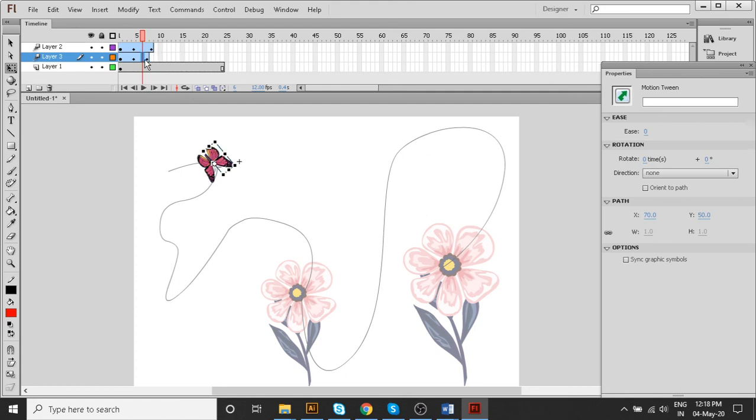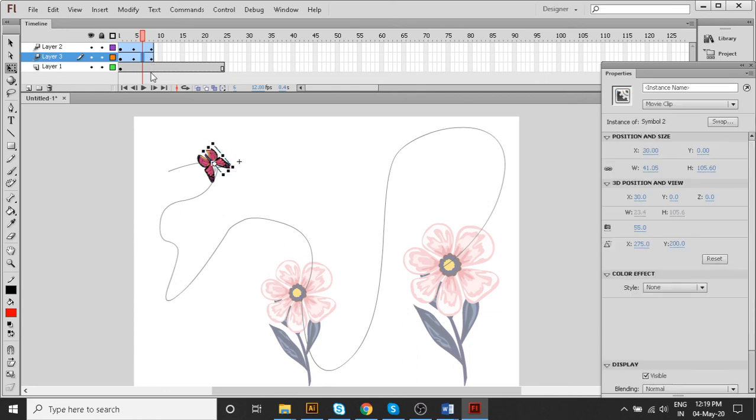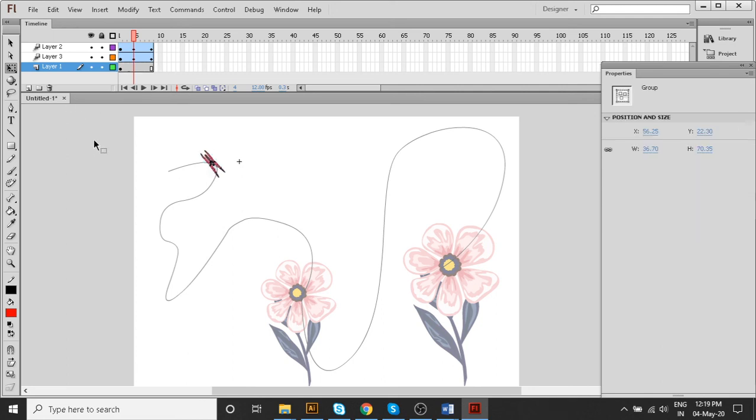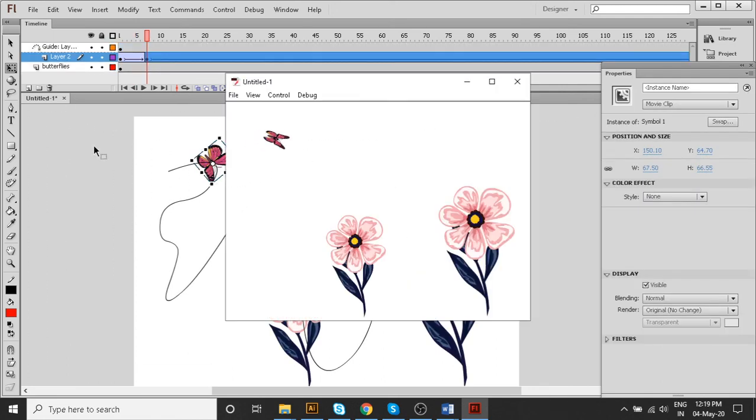Now it will work well. And again Shift F5, Shift F5, right. Yeah, so maybe it works fast.